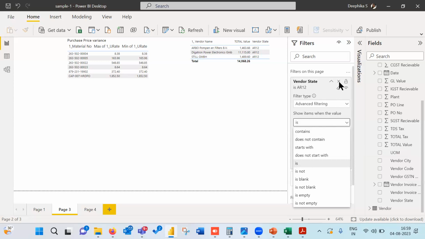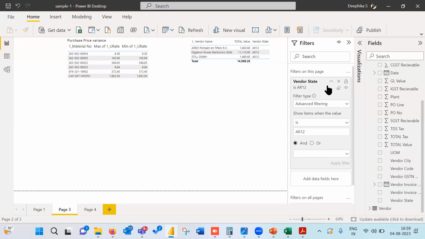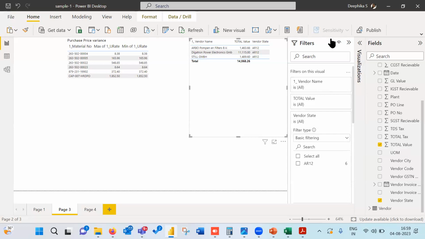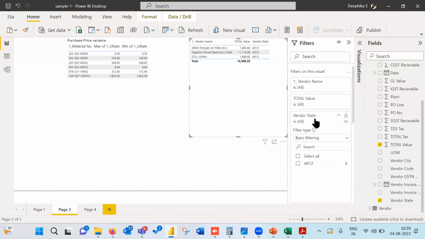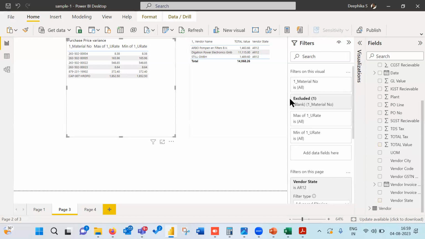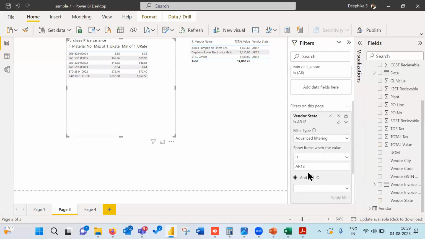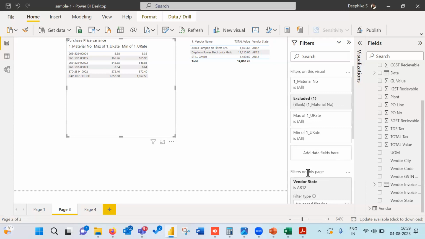I can remove the filter, and the most important thing is that even in Excel or Power Query, wherever you put a filter, it is not immediately visible what all filters are active on one page. You have to go and see whether it's filtered correctly or not. Here, as soon as you scroll down, all the filters are visible. So here, in each visual, you see what filters are put. Let's say you are putting multiple filters.